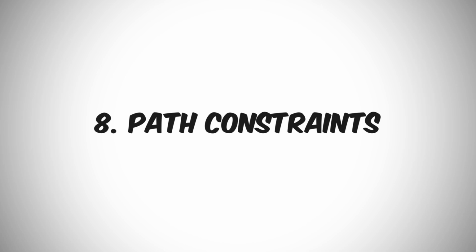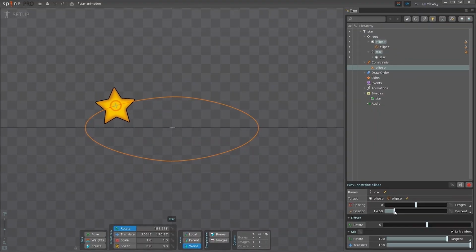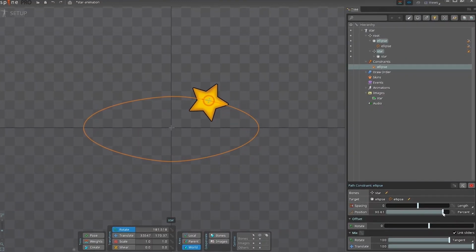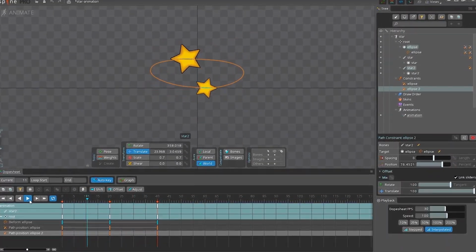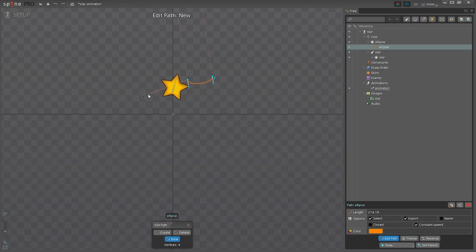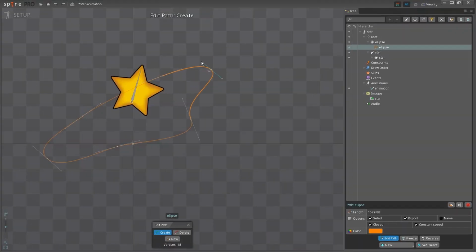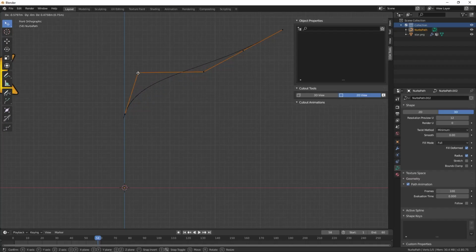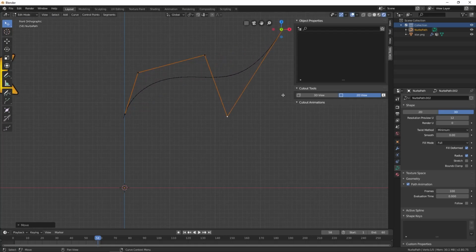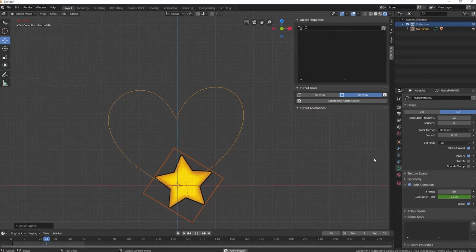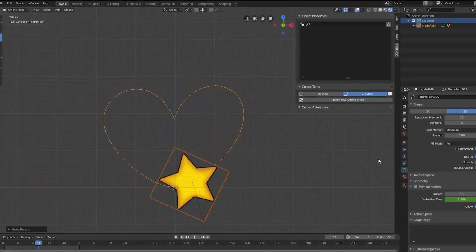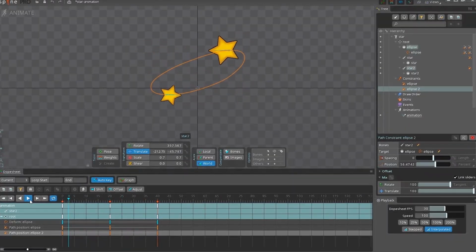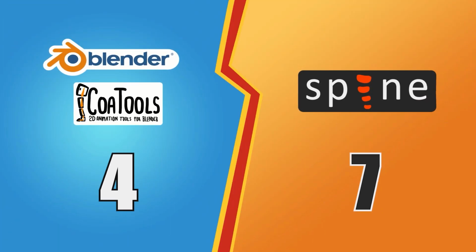Another type of animation I usually test is the ability to constrain a bone to follow a certain path. This technique allows you to easily create these kind of animations. In Spine, it can be done by using the Path Constraints feature, and actually, it exists in Blender as well. I could get similar results in both of them, and it took me about the same amount of time. It seems we have yet another draw, so let's give both Spine and Blender a point.